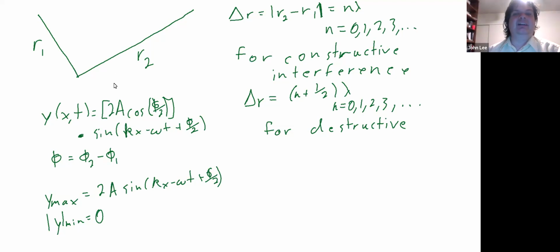So if one speaker is pointing out here and the other speaker is pointing up there, then the difference in the radius that each wave has to go through has to be